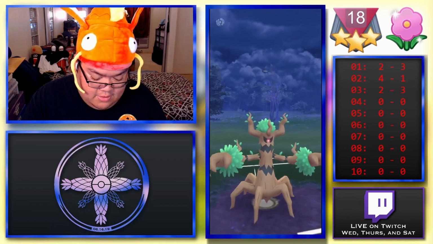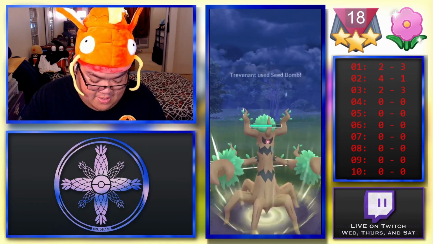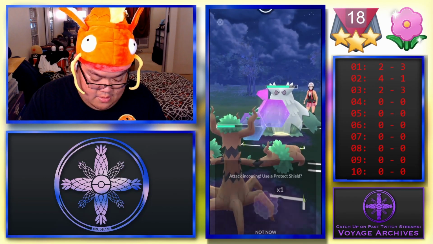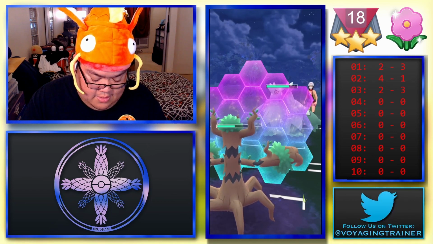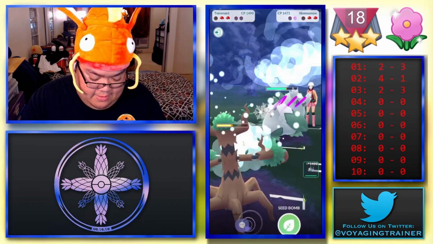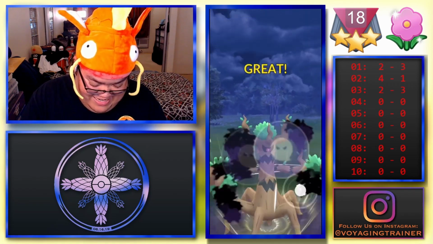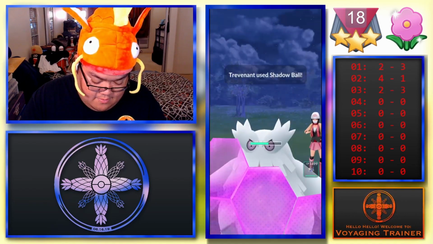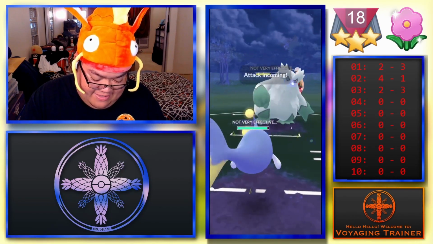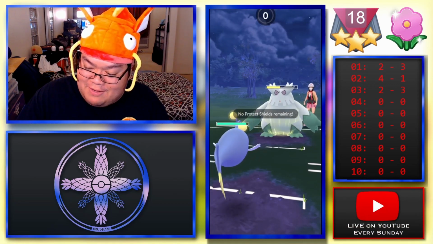Ooh. He's in a little bit of a pickle here now because we are now dealing with an Abomasnow. No, this is definitely not an ideal place for me to be. But Icy Wind doesn't make it any easier. Kind of figured. Poison! Oh, dang. Was really hoping I'd be able to catch that Icy Wind there, but I think they were just going for the farm down at that point. So